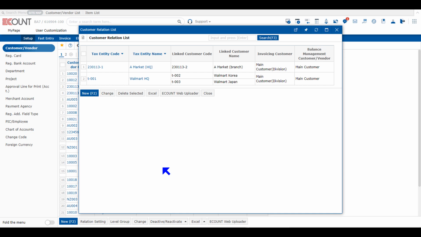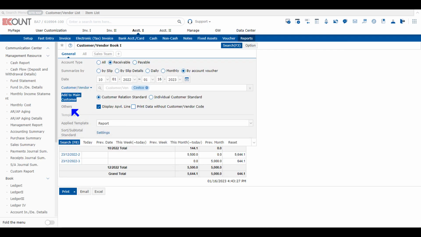This feature is useful if you have a head office and its stores, since you can set a relation between the headquarters and stores and then view receivable books based on either the head office or based on the individual customers. Next, in Others field,